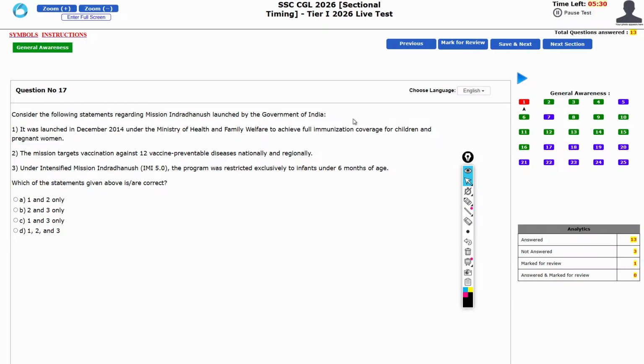If that is true, then I don't think it makes any sense. So, Mission Indradhanush was launched in 2024. Immunization cover for pregnant women. Okay, good. Mission targets vaccination against 12 vaccine-preventable diseases. Okay, definitely. Under Intensified Mission Indradhanush, the program was restricted exclusively to infants. If it is intensified, then how can it be restricted? So